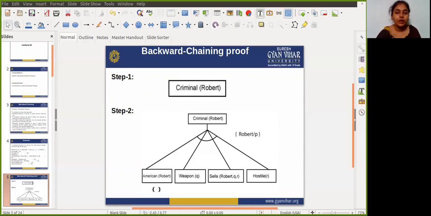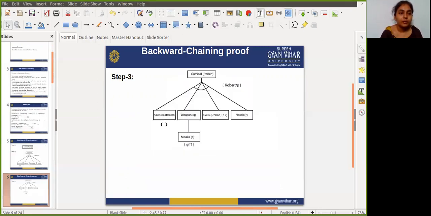So guys, see what happened. We replace P with the robot. Okay, so here we can see American(robot) is a fact. So it is proved here that we took American(robot), Weapon(Q), Sell(robot, Q, R) and Hostile(R). So next,